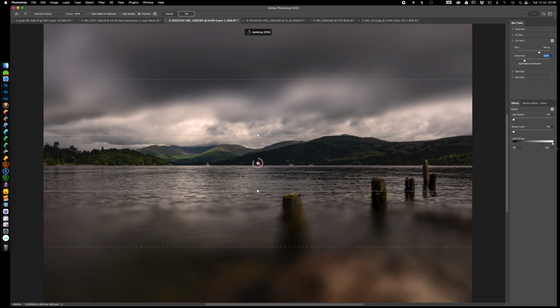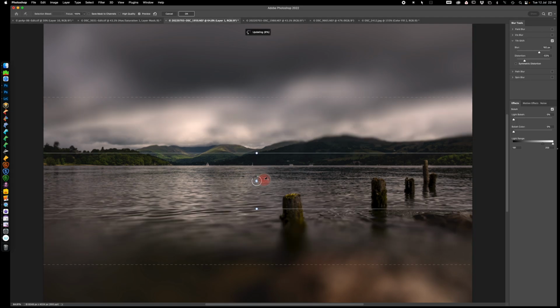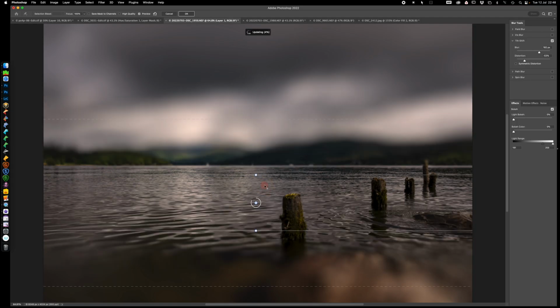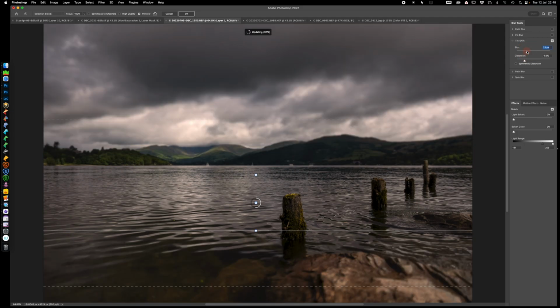Now let's make it a little bit more subtle. Let's click and drag this down. Doesn't want to play ball. Should I pause and wait for my backups to finish? No. And reduce the blur. Now it's a little bit more subtle. You're seeing that this is the primary focus plane, and your eye is drawn because the softness pulls your eye in, and that's what this filter does. I'm just going to click OK for the moment,